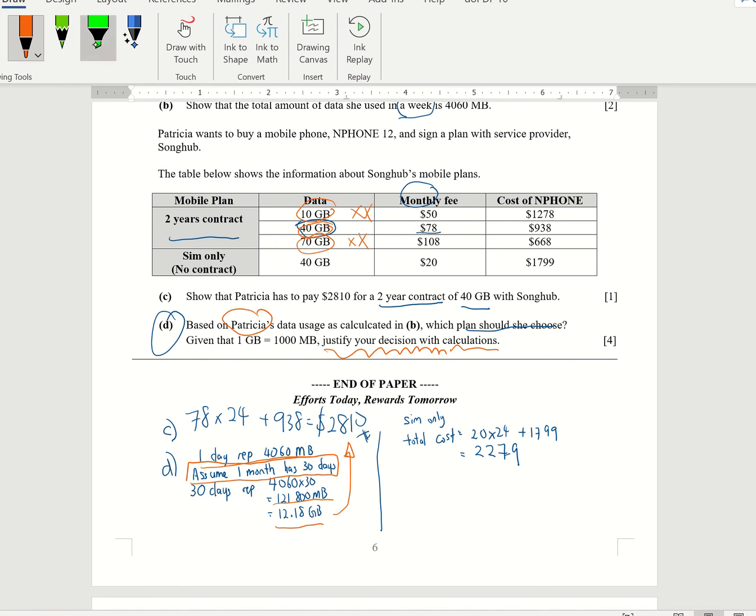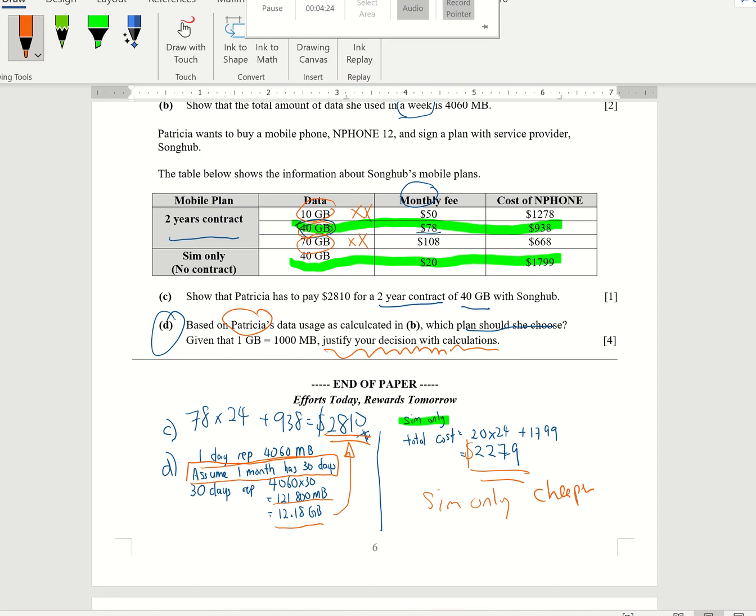But if you look at 40 gig, there are actually two scenarios, right? I can buy a 2-year contract or a SIM only. So let's look at the SIM only plan. So I will need to take 20 times 24 months plus the cost of the phone, which will end up 2279. So comparing the two, you will choose SIM only because it is cheaper. Okay, so